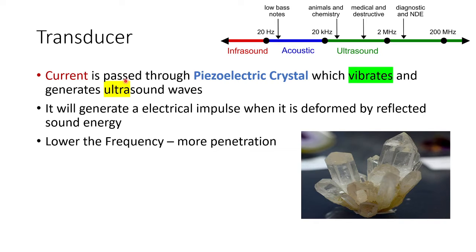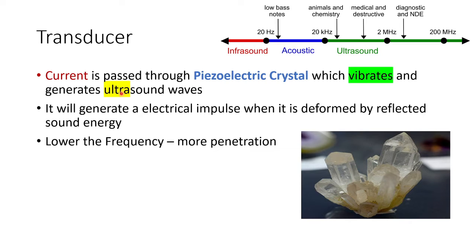These waves will pass through the chest wall and go into the tissue, and when they strike the heart and the myocardium, they will be reflected back. This reflected sound wave will be picked up by the transducer itself,